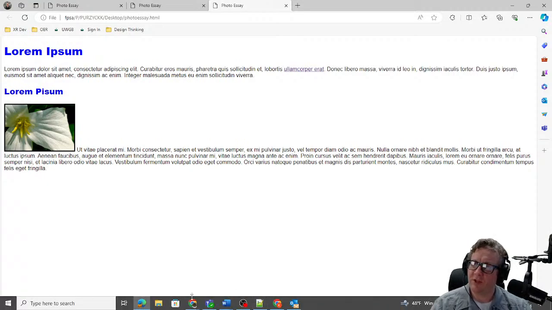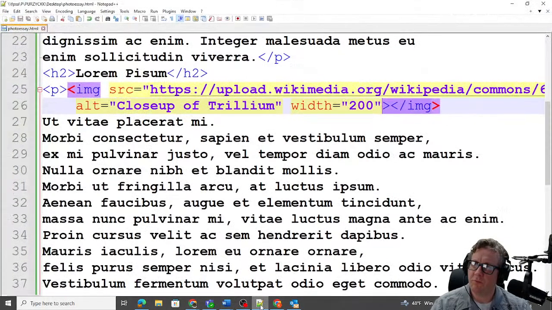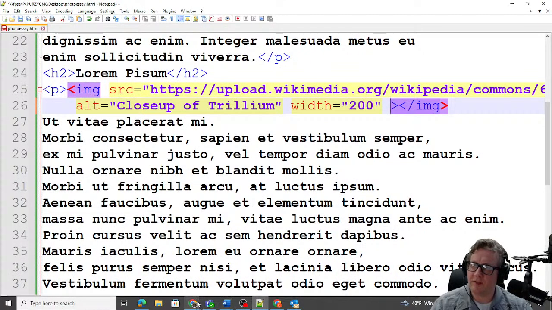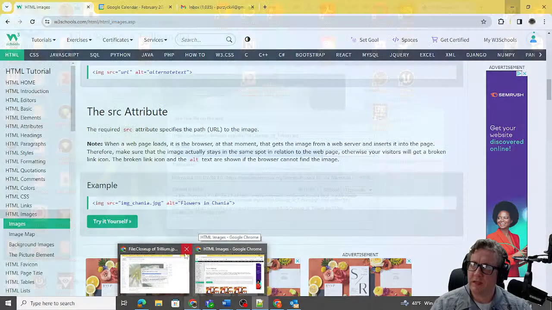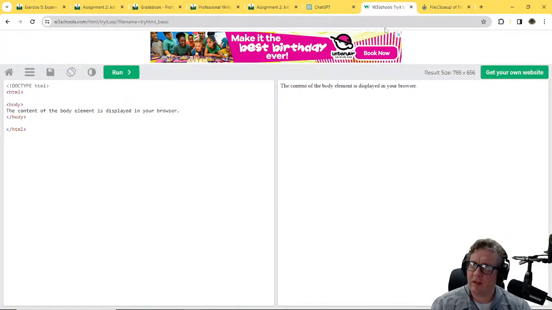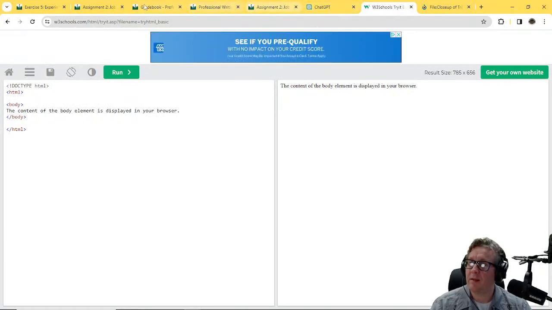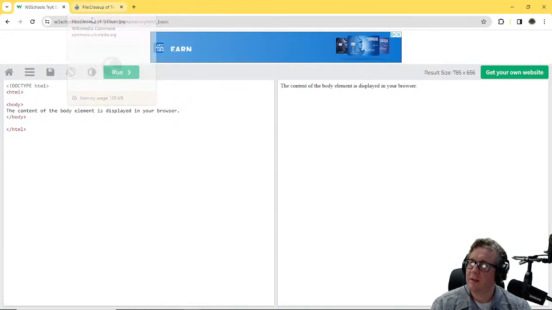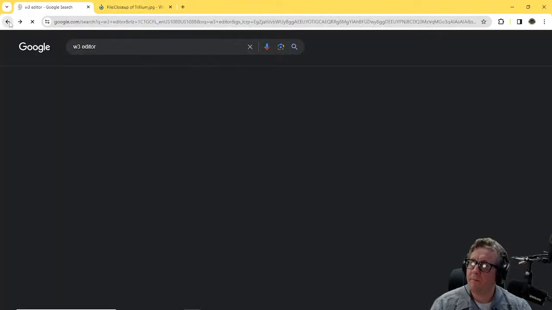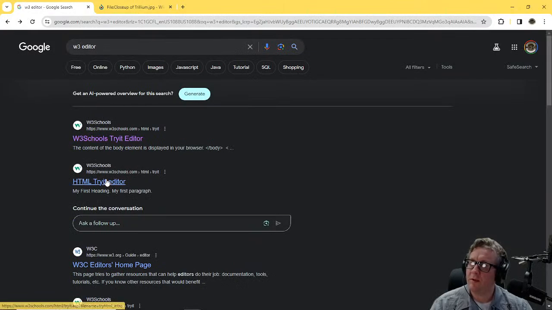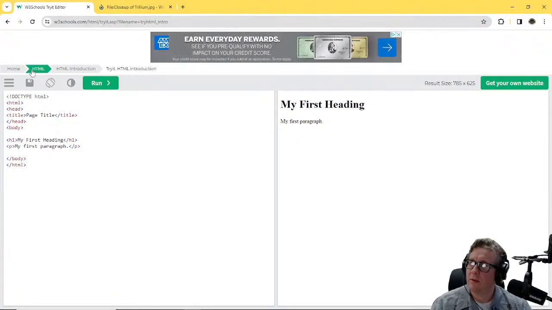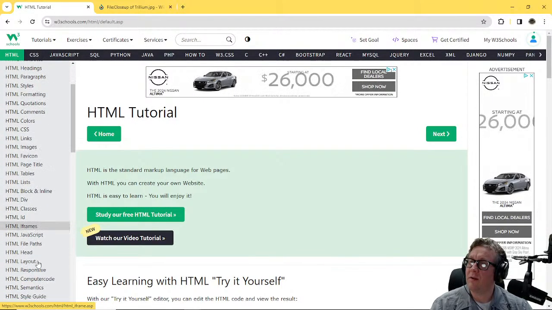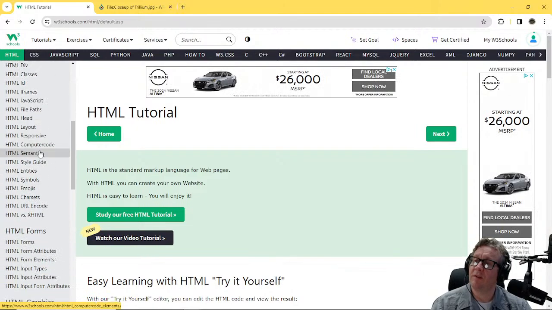So I'm going to jump back over to Notepad++. And there's another attribute, if I remember correctly. I'm going to open this up on W3. Let's see over here. And I'm going to close out some of these, so I don't need all of these. W3 editor. Okay, there we go. I'm going to go back to images so I can look at all of these different